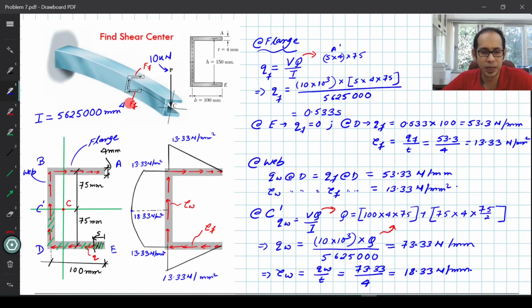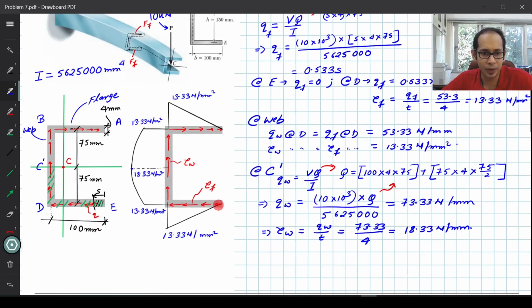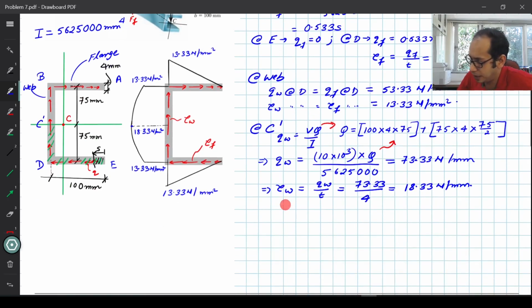Now our job still remains to calculate what this FF is over here. That FF can simply be calculated from this shear stress distribution. Remember, again I'm pointing this out over and over, this is just the representation of the magnitude, not the direction. The direction is along this one over here. So if this tau f varies from 0 with a linear increase over here, how do we calculate the overall force FF which is acting over here? The overall FF we can write as,